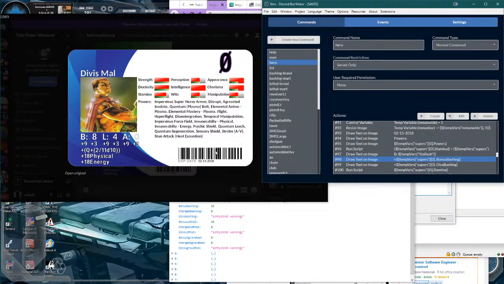And he also has the power force field, so I threw that into the dice bashing as well, because that's a calculation. And we figure out what the calculation is going to be. It's going to be quantum, which we haven't actually stored anywhere in there, so it's just set up as Q. But if I ever actually modify this so that the quantum values are inside of the actual JSON file, again, I can just go over to,